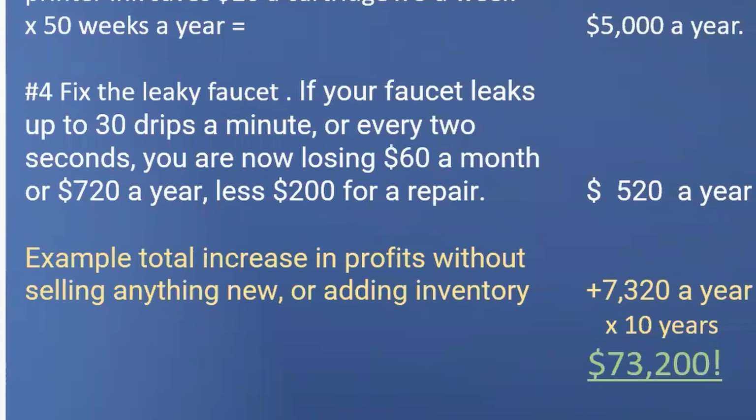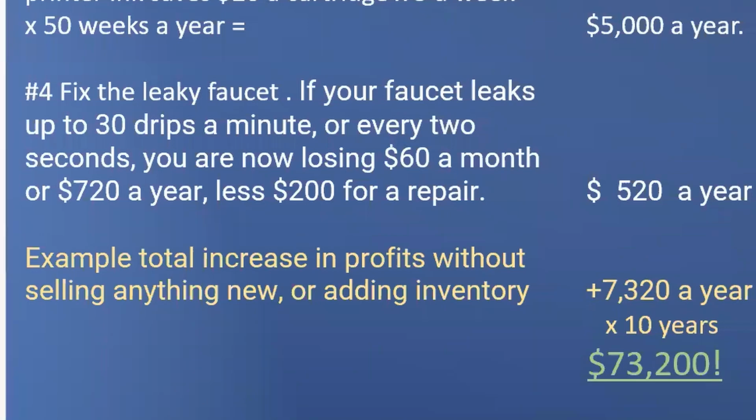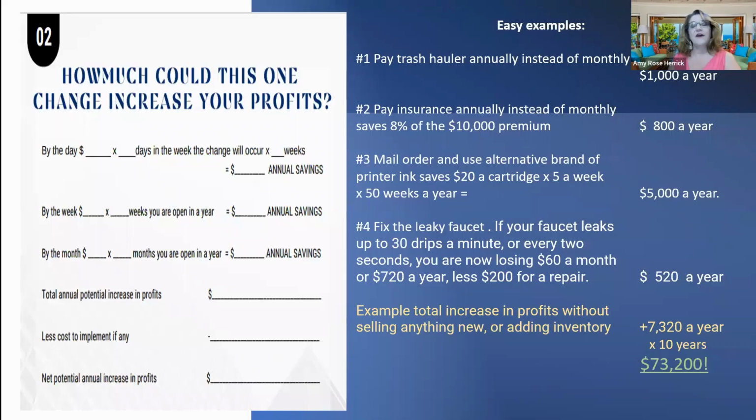Now, when I add up all those items, and those are little changes, no one of them is huge, then we've got a change of $7,320. Here's where the power of 10 comes in. If I look at any one of these individual items, I can use that to determine if it's worth putting my time in by taking the amount times 10.